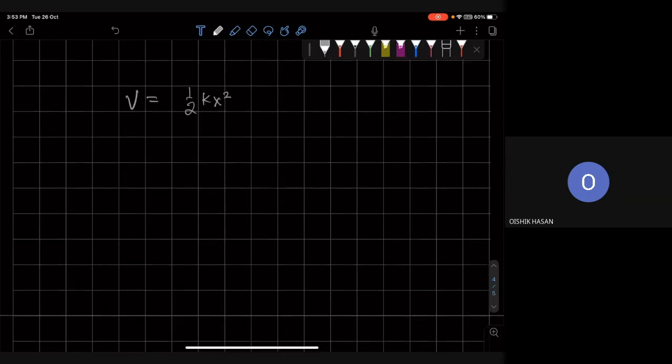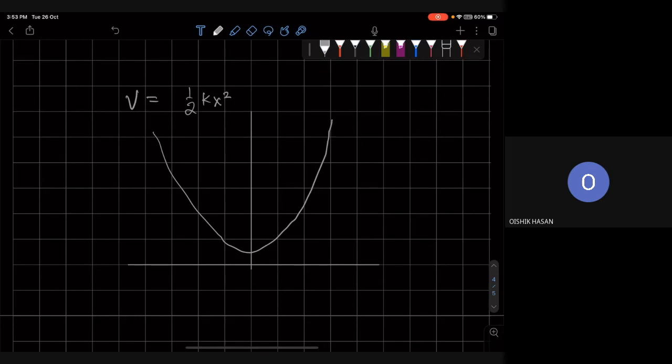So if I plot this, we have something like this, right? So with the total energy